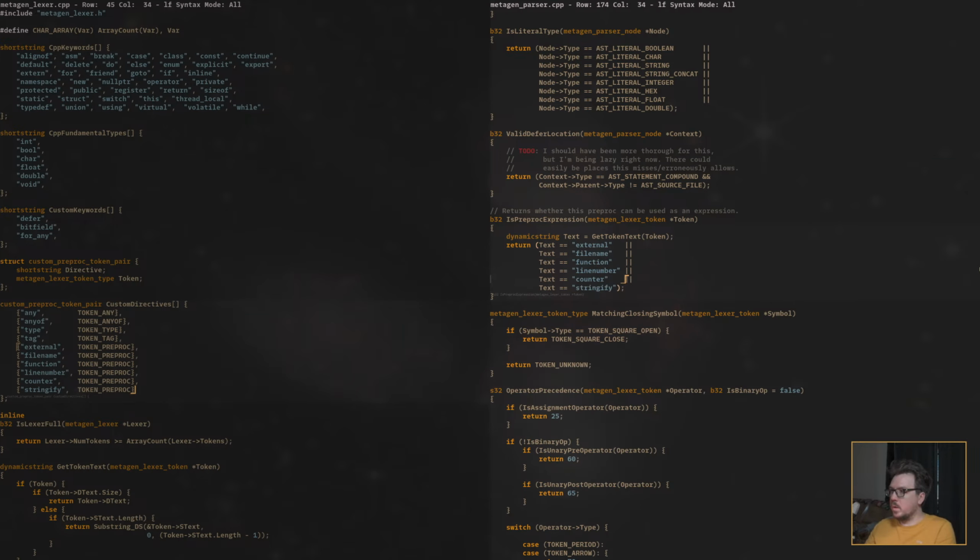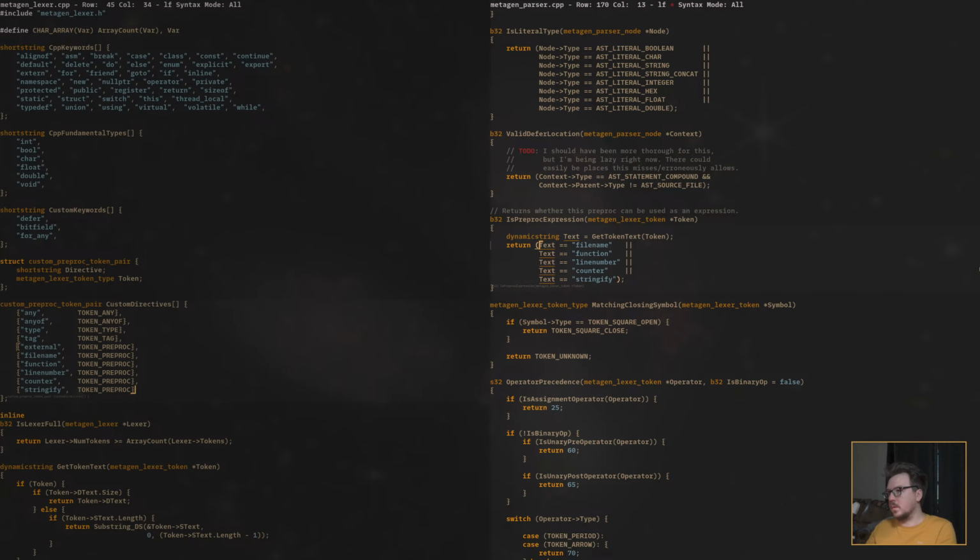The preprocs that can be used in an expression are file name, function, line number, counter, stringify.